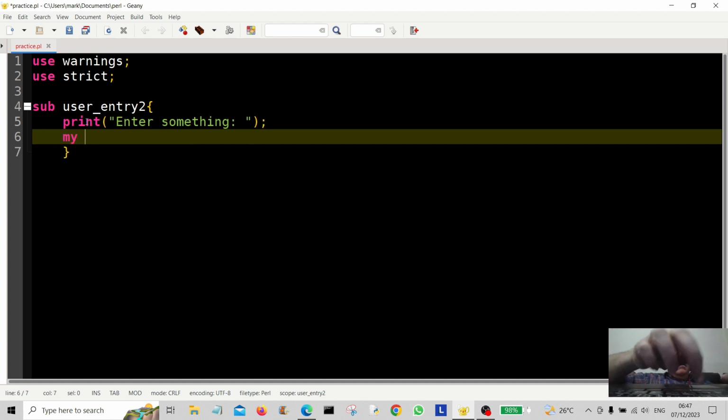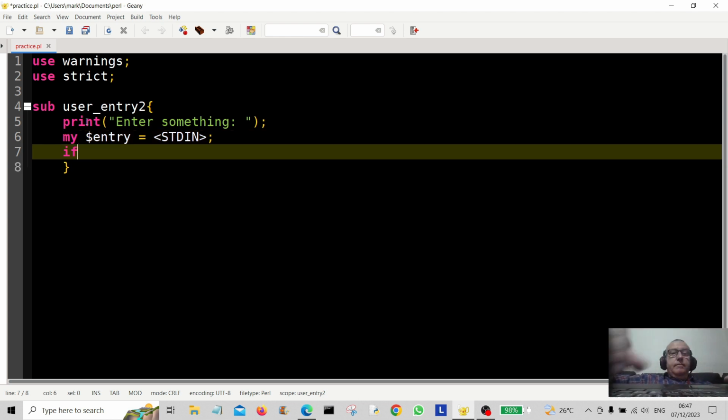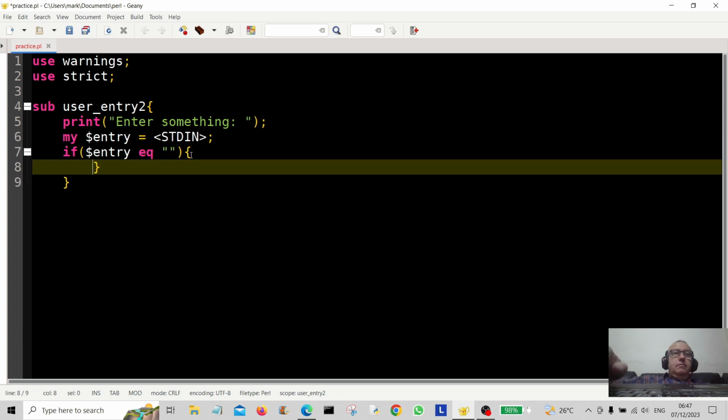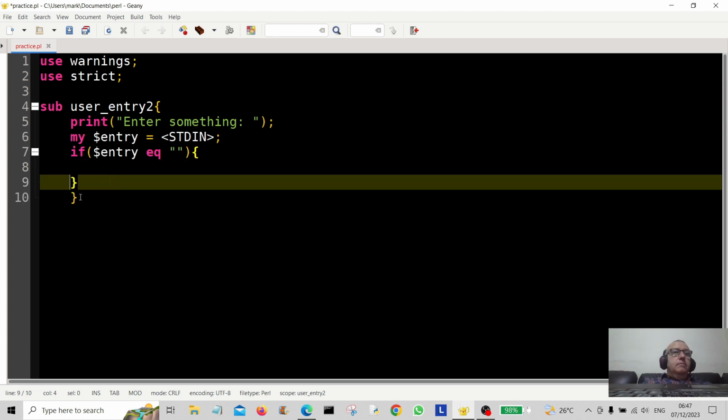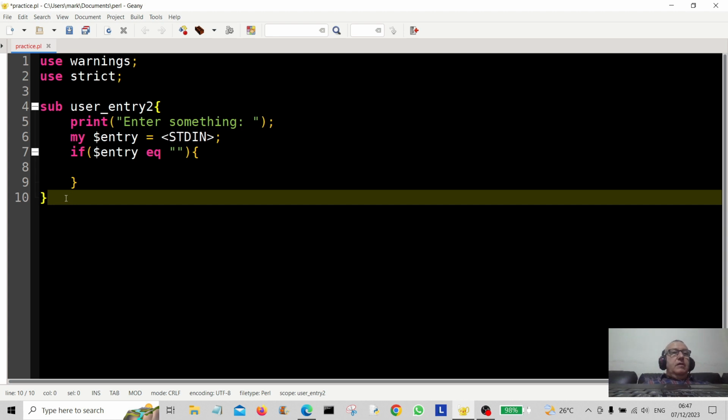Okay, my scalar entry is equal to standard input. Okay, if scalar entry is equal to empty, then we're going to do